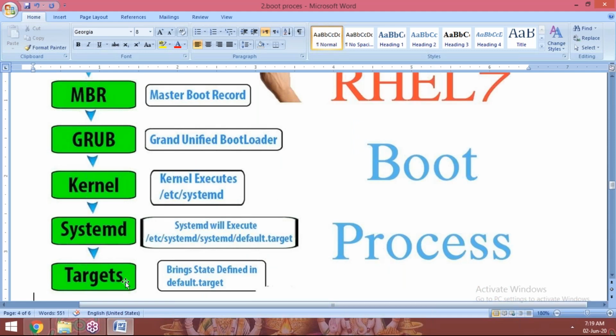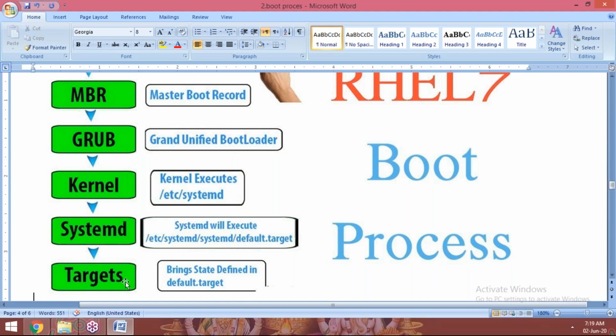So this is the booting process you are going to explain in interviews. BIOS phase, primary bootloader phase, next GRUB, the second-stage bootloader, next the kernel will start and execute on the system.